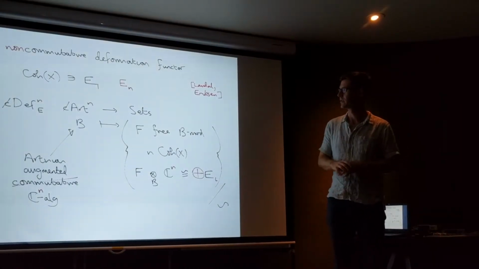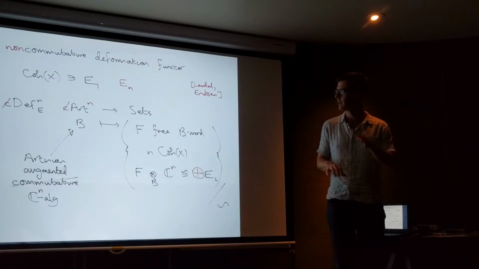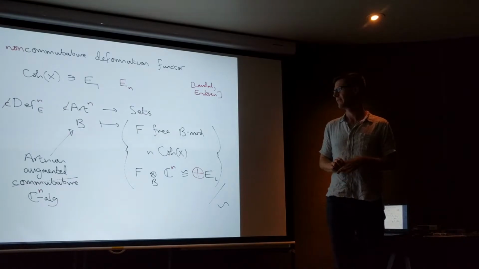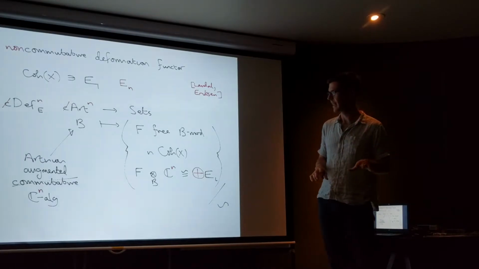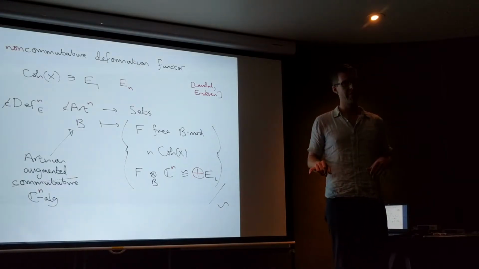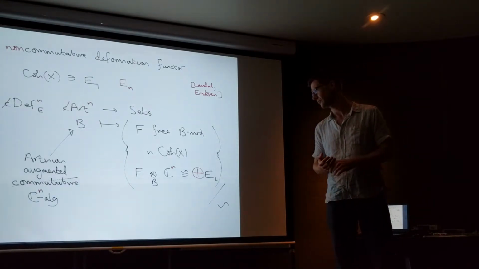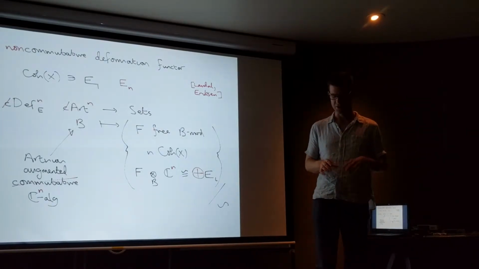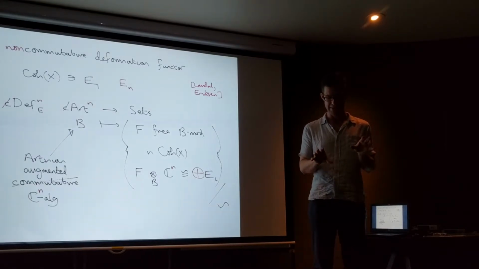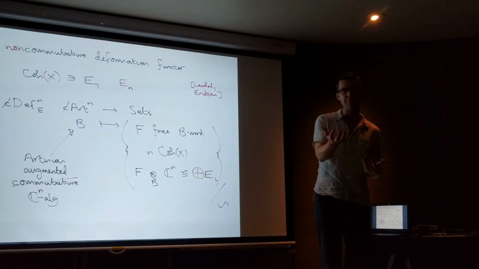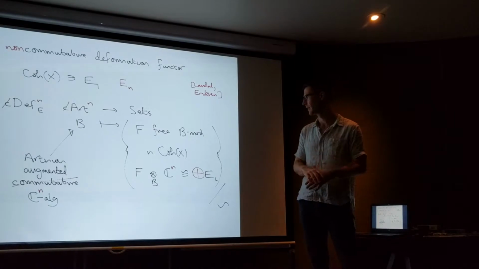To a non-commutative deformation functor where I take a finite family of coherent sheaves E1 to En, and then I can write Def n, the deformation functor of these E, to go from Art n, which is now still Artinian, still augmented, but C^n algebras. And I don't require that they're commutative anymore. So now I have a morphism from B to C^n. You should think of that roughly as picking out n points in this non-commutative space.